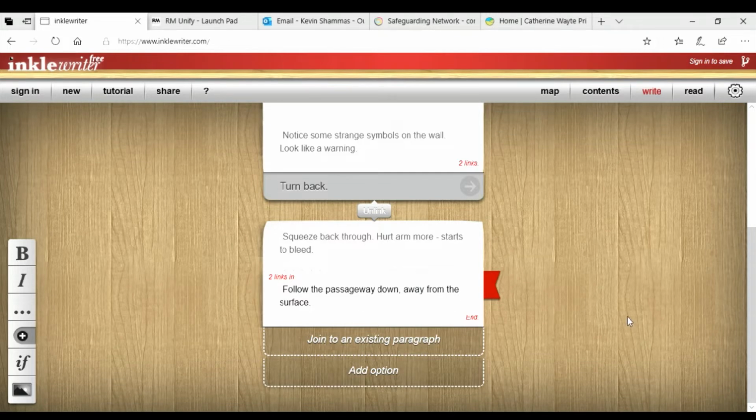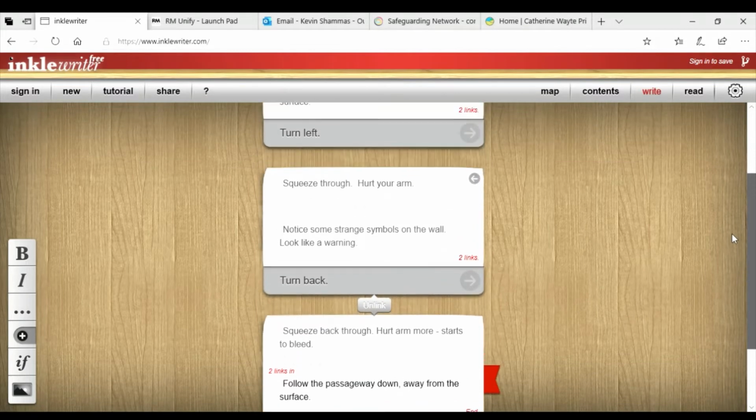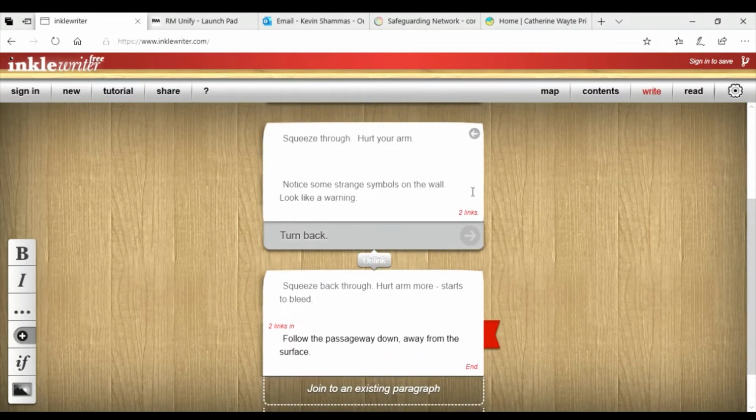The first way is to go down there in the first place, and the second way is to have gone through the little squeeze, turned back, and gone down there because I didn't want to carry on because of those warning symbols. Now, in actual fact, if I really wanted to, I suppose we could rewind,